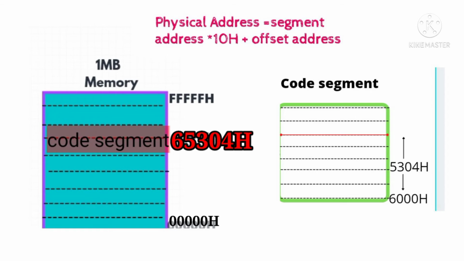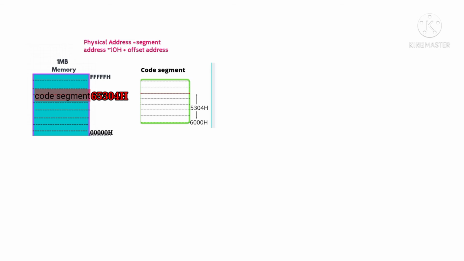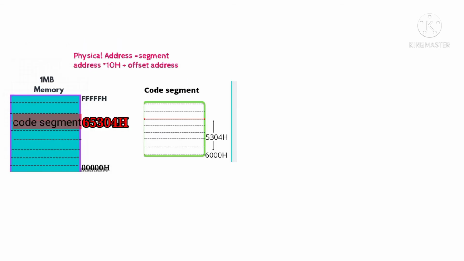Suppose we want to access a content in the memory, which is indicated by the physical address 65304H. But the problem is that if we convert this address into binary, it is a 20-bit address. But we have only 16-bit registers in 8086. So we can't store this 20-bit address directly to the microprocessor registers. But we know that our memory is segmented. In this particular example, the content is in the code segment. So to get that physical address,